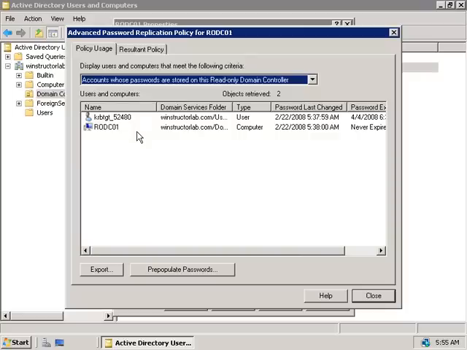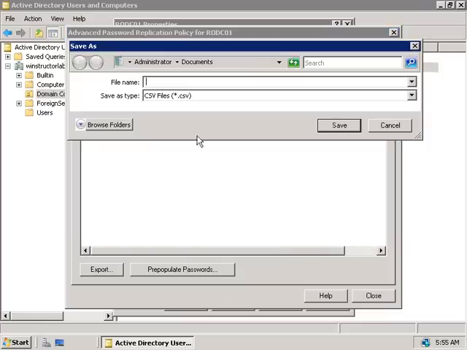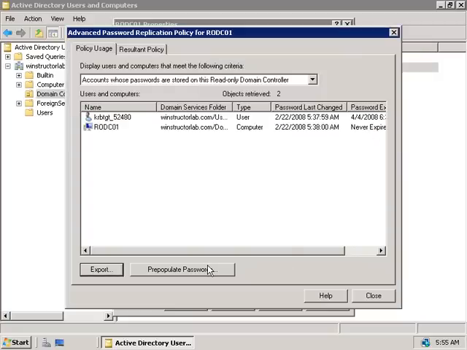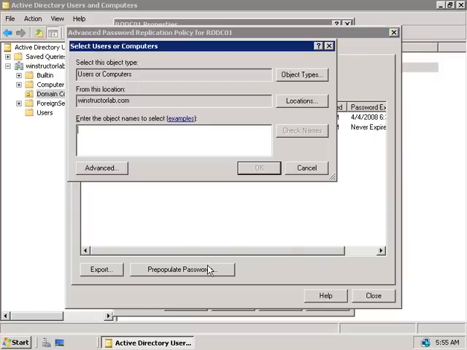read-only domain controller, and here you can see that we have the password for the Key Distribution Center Service account and the computer account for our read-only domain controller, and we can see things like when the password was last changed and when the password expires. Now down the bottom here, we could export this window to either a CSV file or a text file if